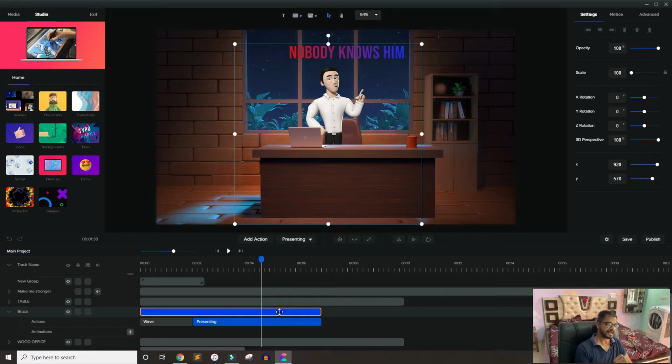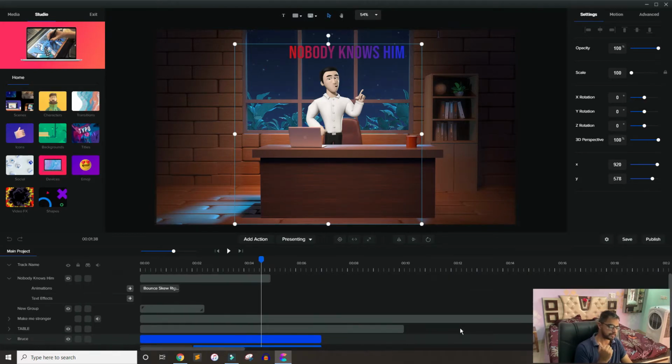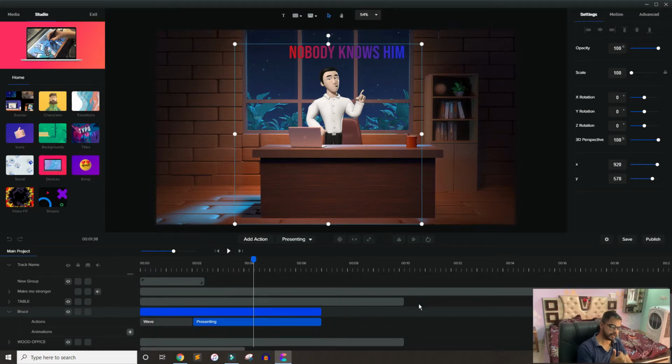The second thing that I don't like about Create Studio is, if you can see, there are so many layers. If you really try to create a complex video and you want to edit, sometimes it is difficult to find the right thing. It can take a little bit of time, so that is the disadvantage. However, you can create a group, but still I wish there was an empty space, so maybe I could add something in the same layer. That would be, I think, better. Otherwise I think it is a really nice tool.